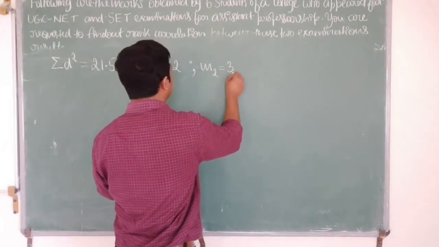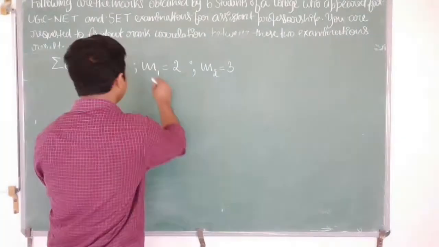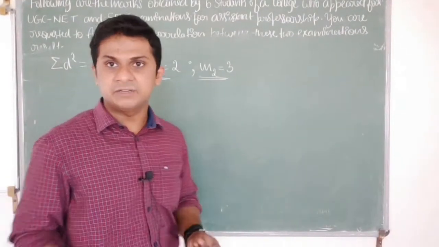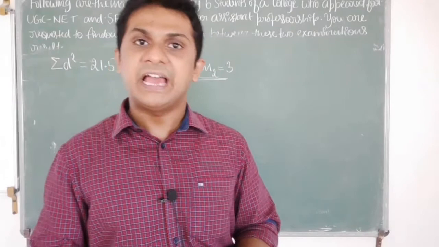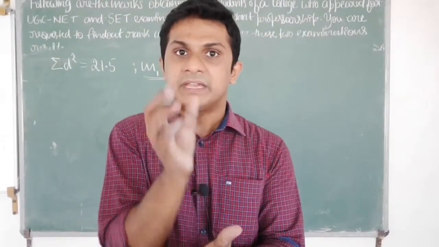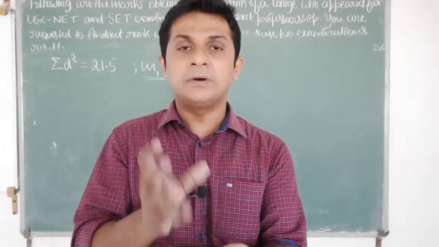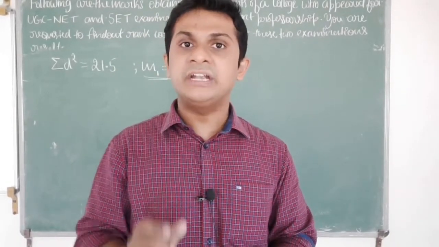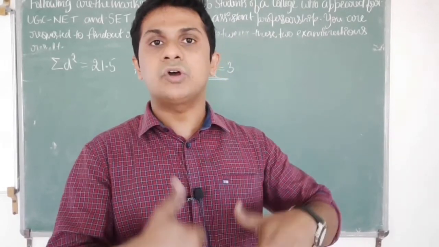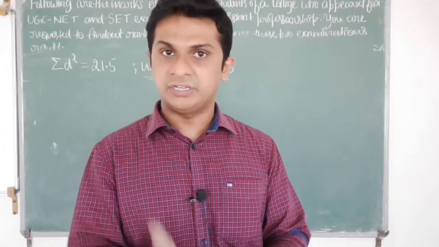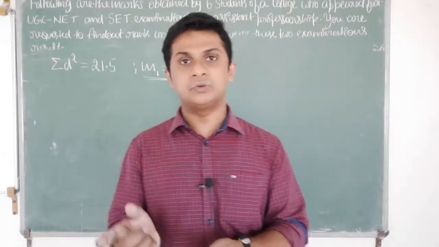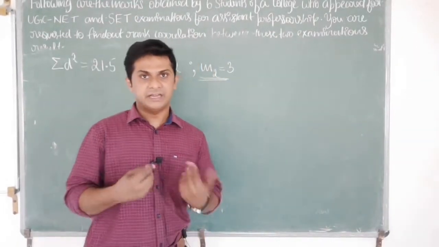So m2 is equal to 3, I have written. These two values will go into our equation as a correction factor, because while allotting the ranks we made a correction. Instead of allotting a proper rank, we allotted the average of the ranks, and therefore that should be incorporated into the equation as a correction factor. That's why we will be using m1 and m2 while calculating the correction factor.